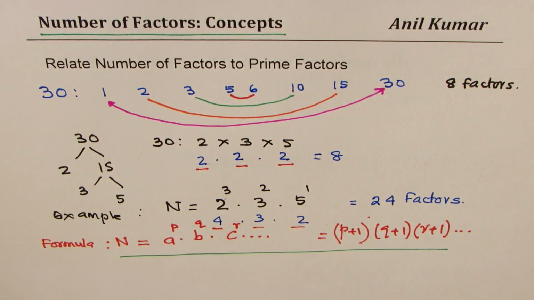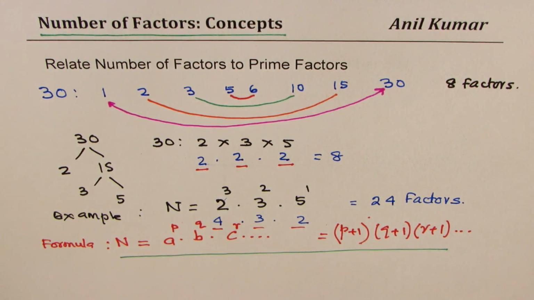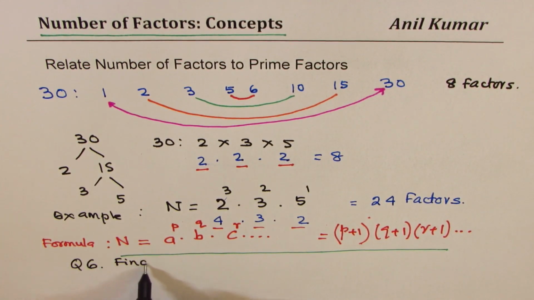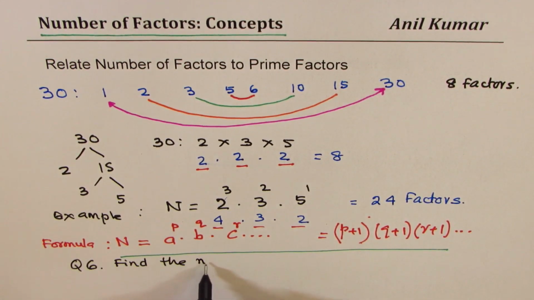So I hope all the things have come together now, right? So you have understood what are prime numbers, what are factors, and how do we find the number of factors. Is it okay? So that is how we do it. Let me add a question here for you. So I don't know what question number, let's say question number 6 now. Okay, so question number 6 for you is find the number of factors